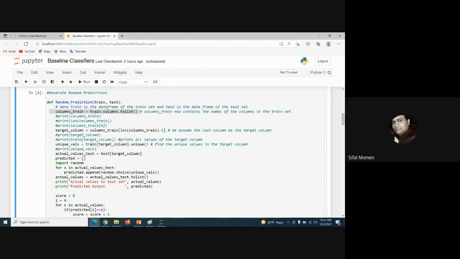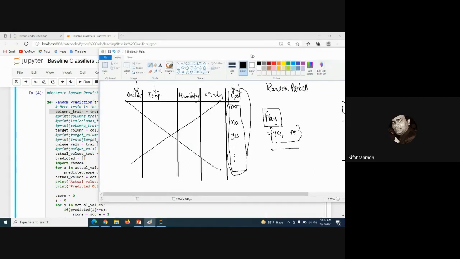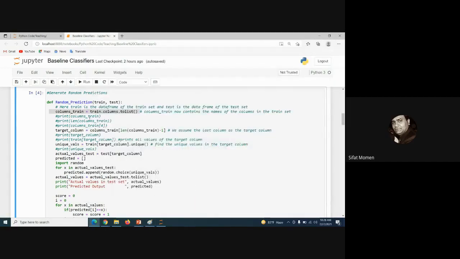Yes, sir. Acha. So we're going to take the train data set, train dot columns. Train dot columns বলতে কি হবে? যেমন ট্রেনিং ডেটা সেটে যতগুলো কলাম আছে সবকটা নাম আসবে, তাই না? এই কলামস গুলো কি কি? All these names: outlook, temperature, humidity, windy, and play. ঠিক আছে? Is it clear নাকি না? Yeah. So if I write train dot columns like df dot columns, it's going to print out all the column names. And I'm going to dot to list রাখছি so that এই কলাম নেমস গুলোকে একটা লিস্ট হিসেবে রাখলাম।